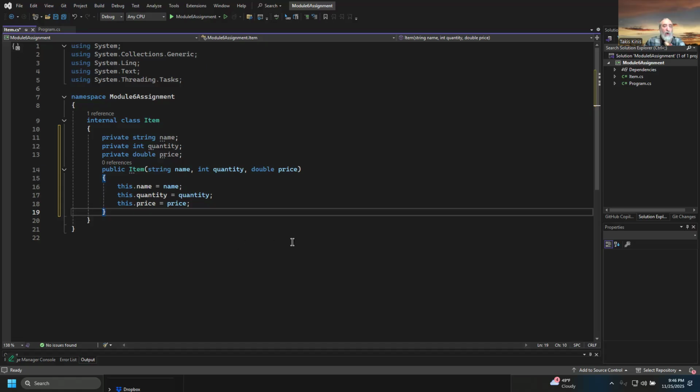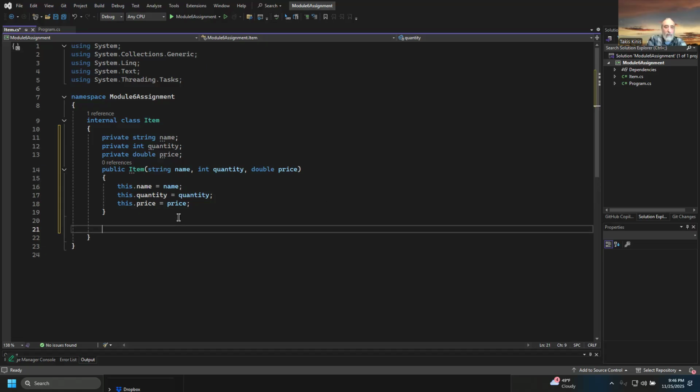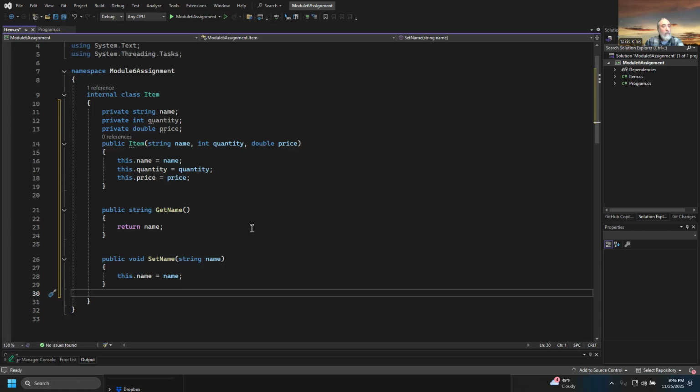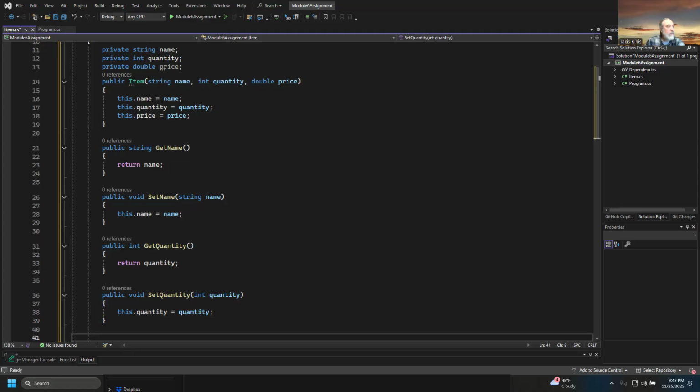Then for each one of these fields, we're going to go ahead and create getters and setters. So for example, for name, we're going to have a get name and a set name. For quantity, we're going to have a get quantity and a set quantity. And then for price,